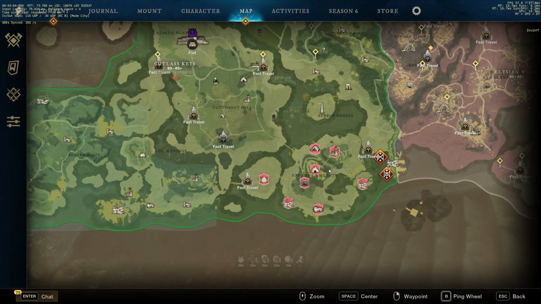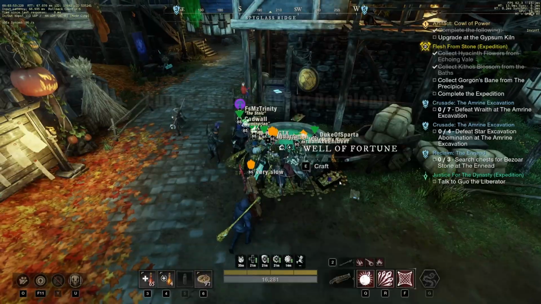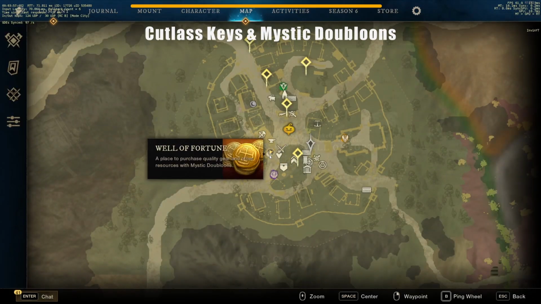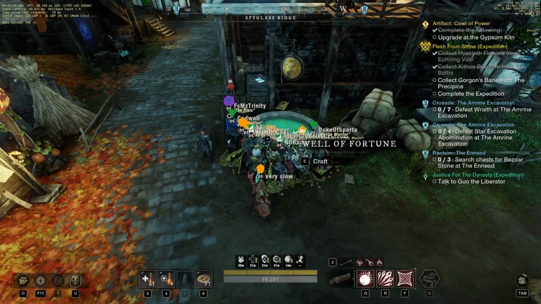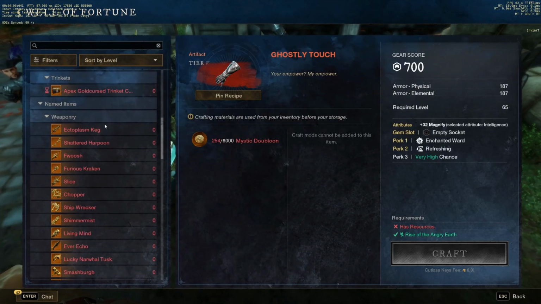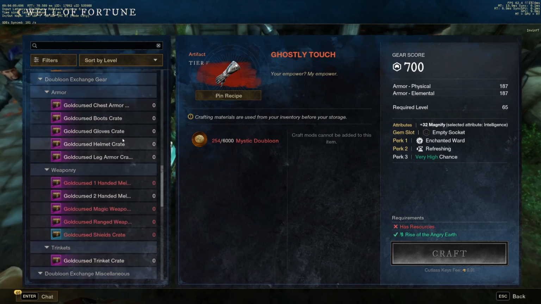Some good loot, because it's now a high level zone, level 68 mobs. And on top of that, you're obviously getting those doubloons like I mentioned, and those are super important. Alright, so when you go into Cutlass keys, if you look on the map, you can see here something called the Well of Fortune. What you want to do is go over to this, and with the doubloons that you're going to be getting from these elite runs and other things that you're doing in the area, you will actually